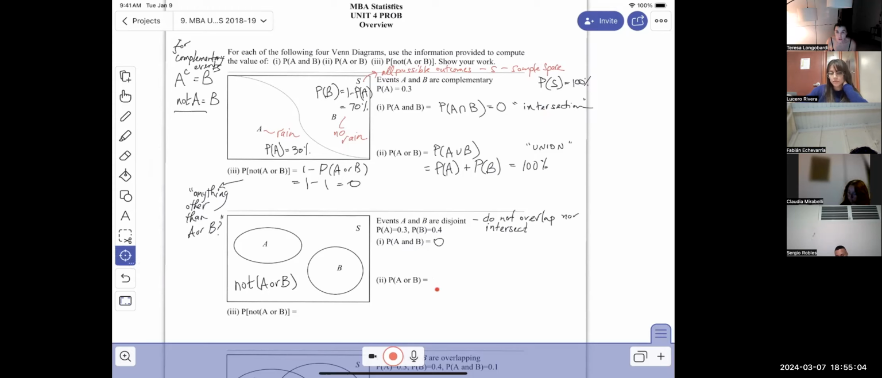Now, A or B is not straightforward because they don't fill the space and make 100%. But I gave you the values. Now you have to figure out what to do with those values. What's the probability of A happening or B happening? So this could be, let's say,